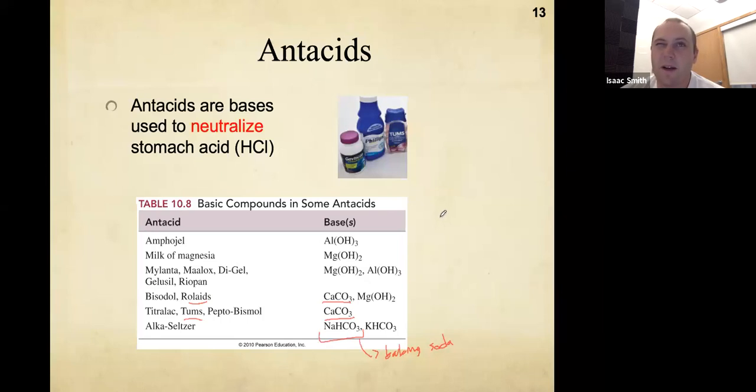Which I believe baking powder is mixed with an acid as well. So baking powder, I believe, consists of baking soda and acid. Let me just double check real quick. Okay, yeah. So anyway, baking powder has some baking soda in it and a weak acid, and another,